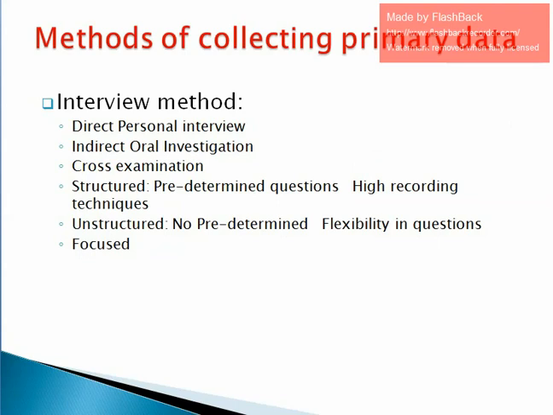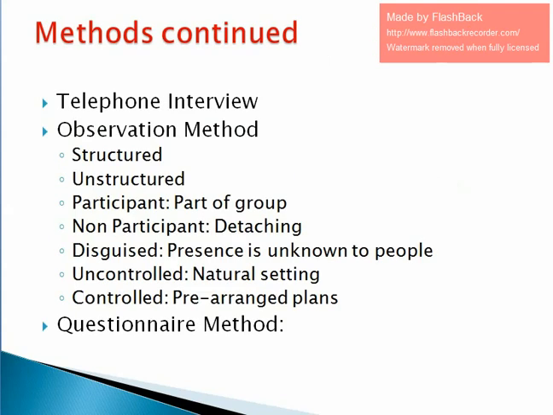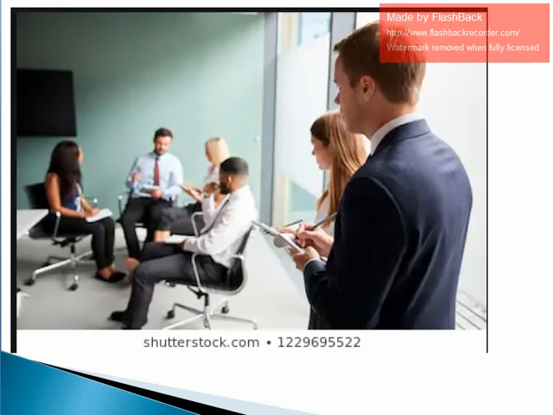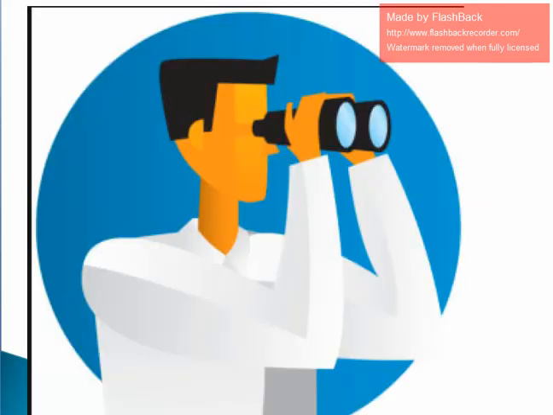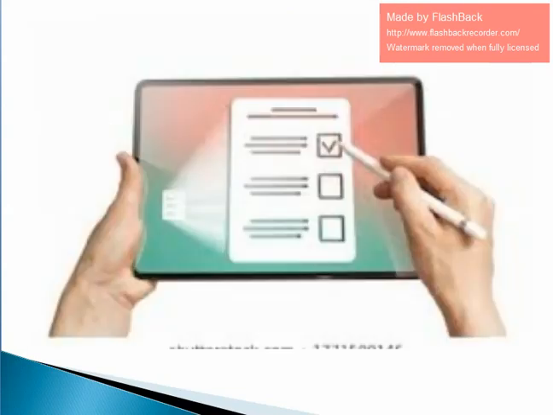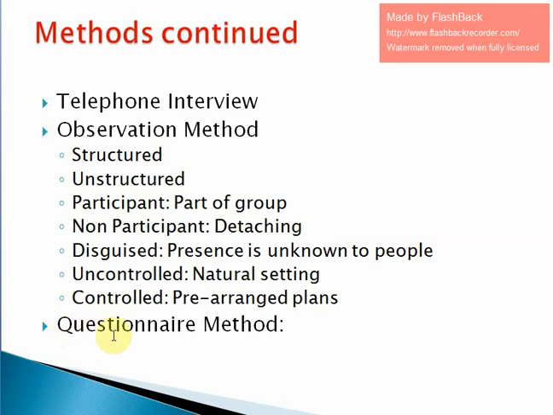Another method of collecting primary data is telephone interview. That also we have seen in our previous session. And one more is observation method. There are different ways of getting information according to observation method: structured, unstructured, participant, non-participant, disguised, uncontrolled, controlled. One more method of collecting primary data is questionnaire method. In questionnaire method, we are preparing a list of questions and these questions are filled up by the corresponding